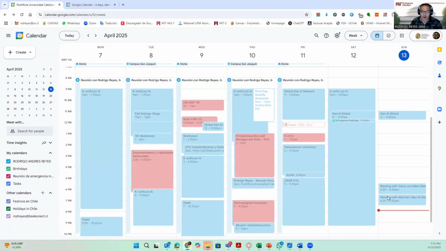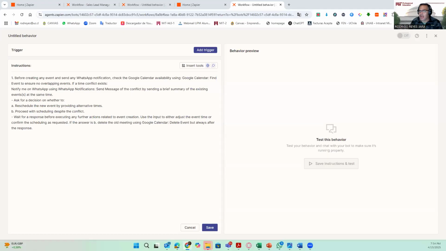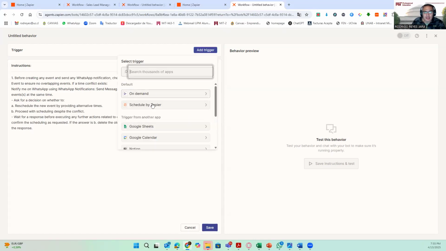So before proceeding to send any message or schedule any meeting, I will ask my agent to check if there is a conflict in my calendar, okay? And I'm going to use Google Calendar, but before, every time this will happen